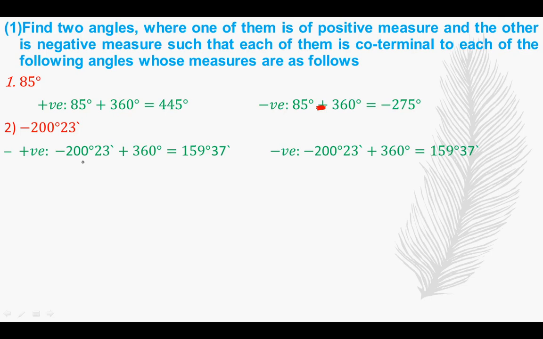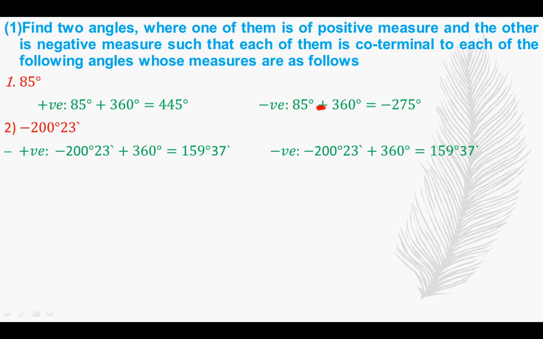So negative 200 degrees 23 minutes plus 360 will be 159 degrees and 37 minutes. And to find a negative measure, we subtract 360, so it will be negative 223